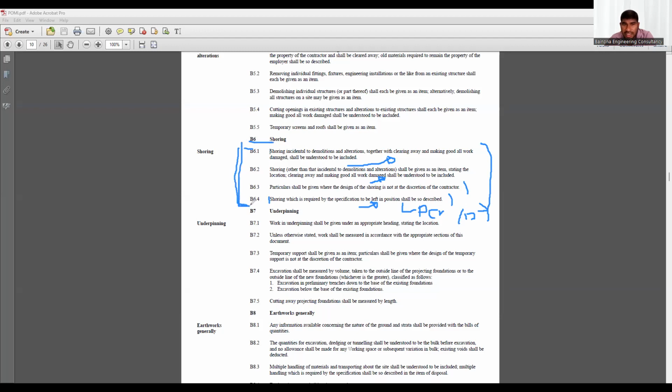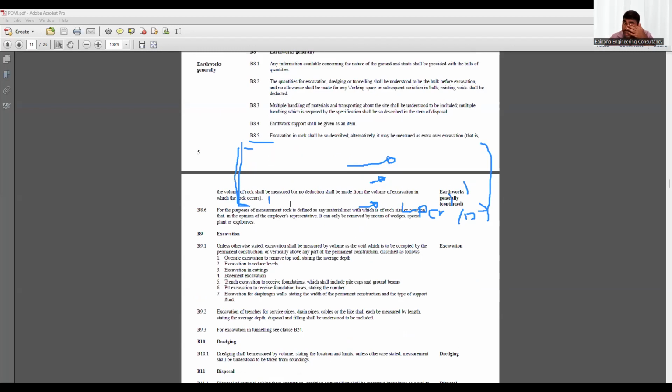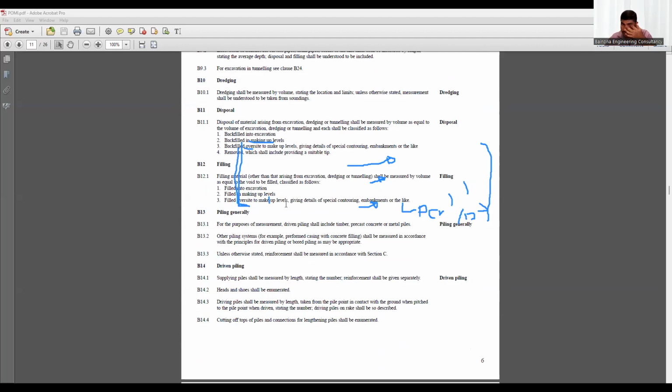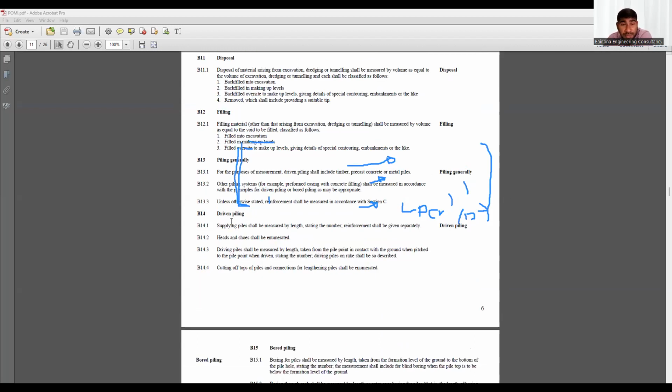But for me, guys, it's not very clear. If you go to NRM, if you look into that NRM 102 item, how to build up a BOQ description, then you will understand NRM is more detailed than this. So this is the shoring. Then we were searching about the piling. Sorry, I have some problem here. And the piling here.